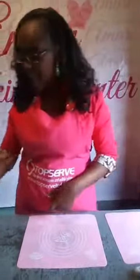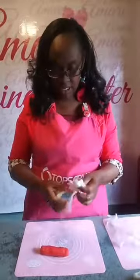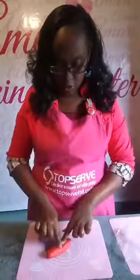Okay, so I have pre-made fondant already. So I'm going to be showing you with a little bit of pre-made fondant. Make sure you make your fondant a little ahead, maybe like an hour before or the day before. Color it so it's ready to go. Airtight, cling film it like I have done over here, so that when you use it, it's nice and soft. So every time you're about to use it, I like to just knead it a little bit. So I'm going to knead it on my little mat over here, just so that it's good and ready to